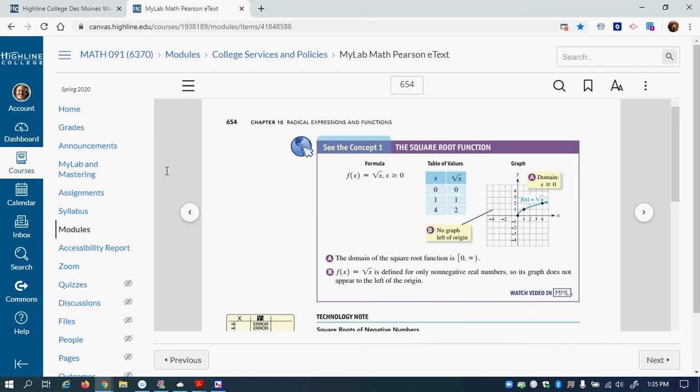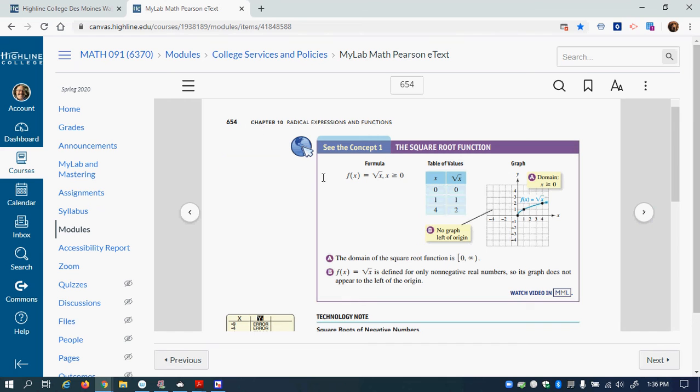So this is section 10.1, and we are looking at understanding the square root function more, as well as finding the domain of a square root function, as well as with the cubic too. So if we're looking at this particular table, which is a really nice table to look